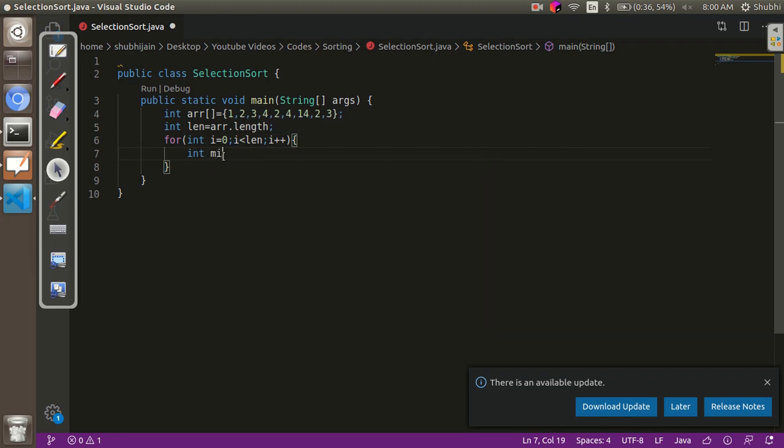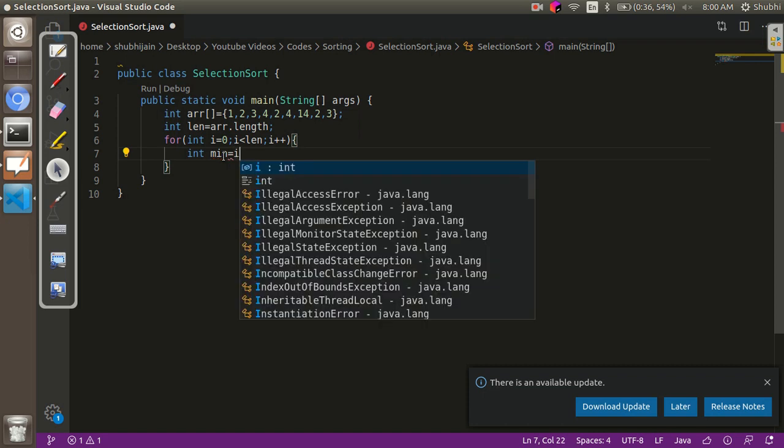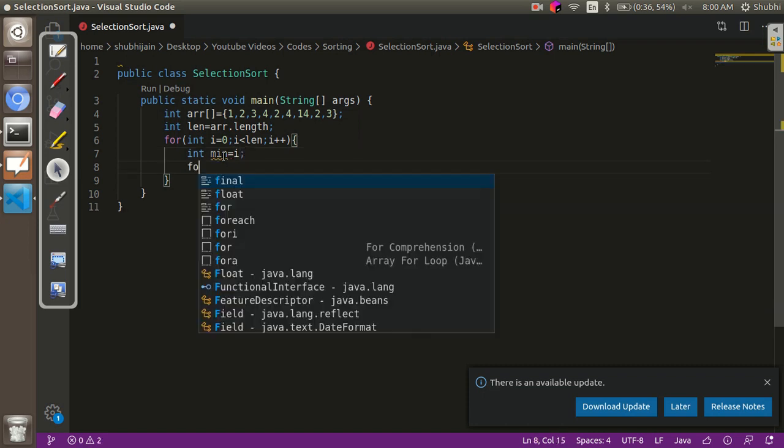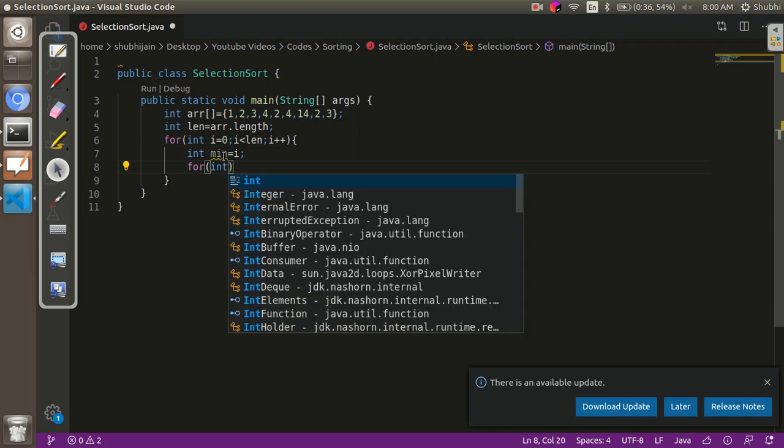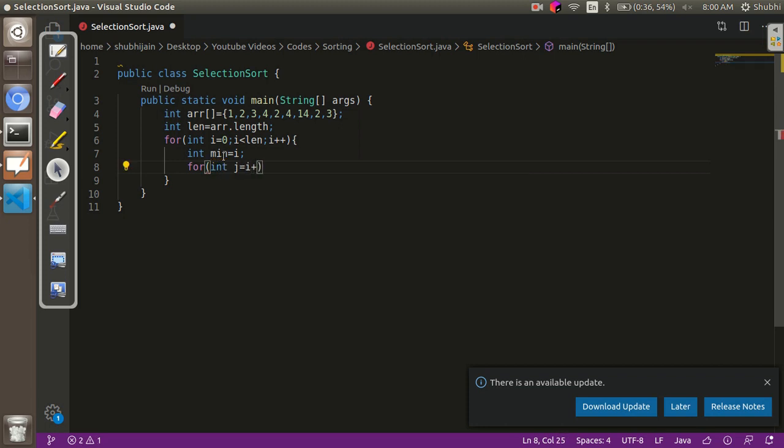Now as soon as I start my pass, I will have to store the minimum index. I will take it as i, and then for int j equals i plus 1, j is less than length, j plus plus. So what I'm doing over here is we assume that the elements before and up till i are sorted.